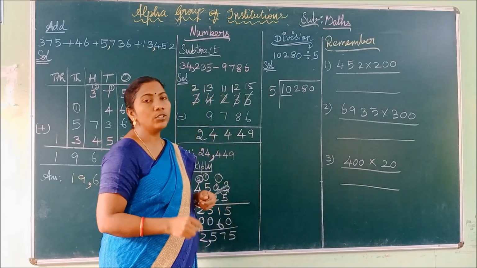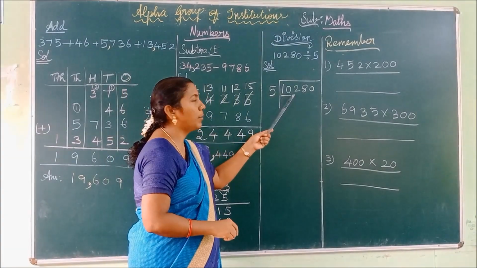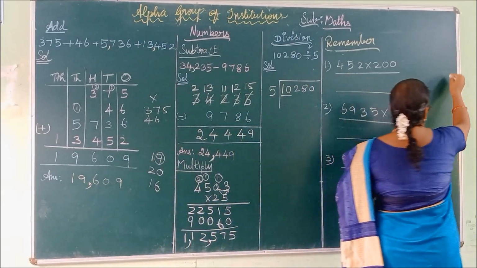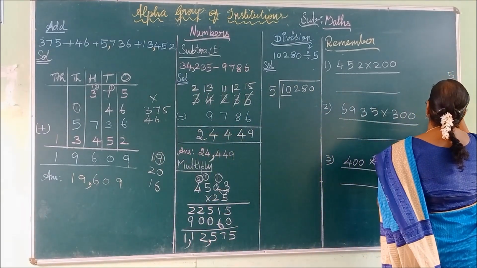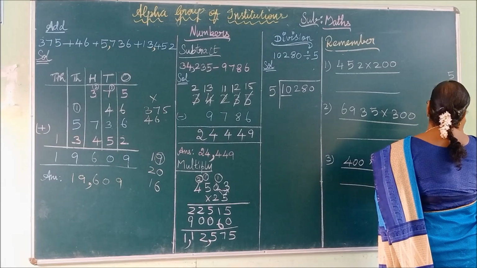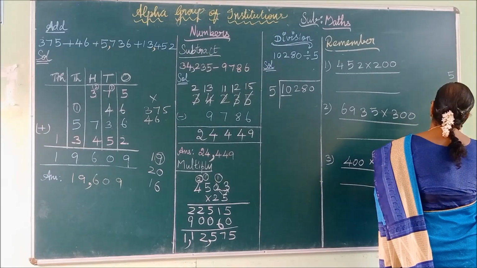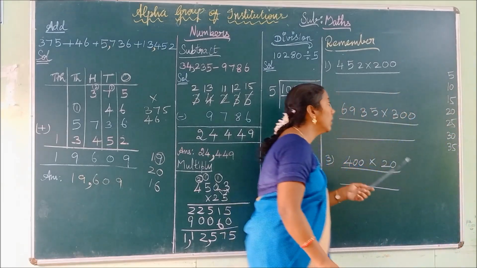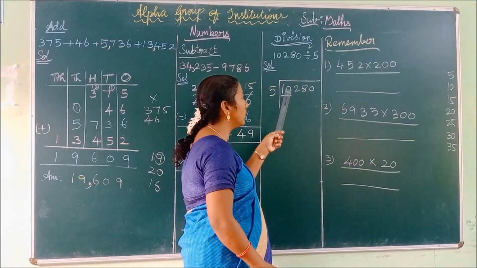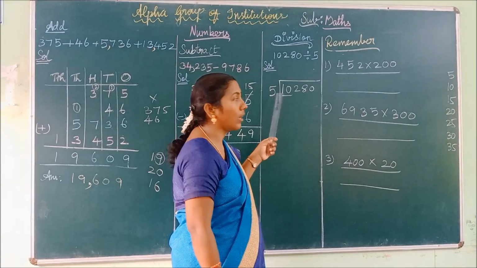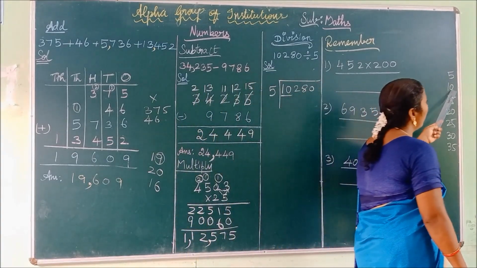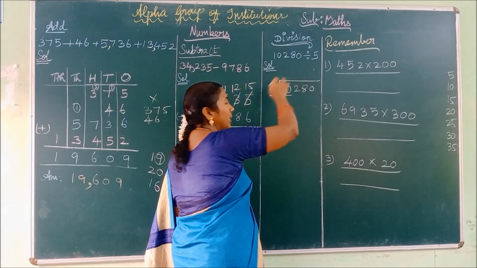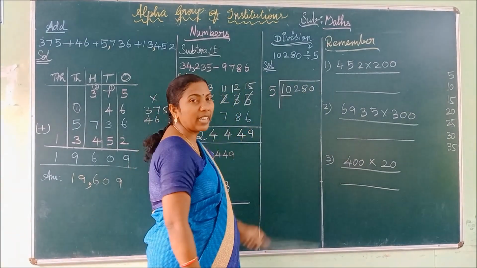Next you have to check whether the selected number 10 comes in the table of 5. We know the 5 table. 1 5 is 5, 2 5s are 10, 3 5s are 15, 4 5s are 20, 5 5s are 25, 6 5s are 30, 7 5s are 35. Now we have to check that number 10 comes in the table of 5. Yes, it comes in the table of 5 how many times? 2 times. So this is the place you have to write the quotient. Here you have to write the times only.